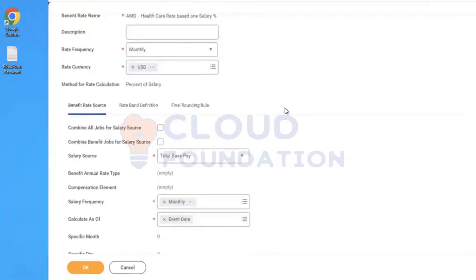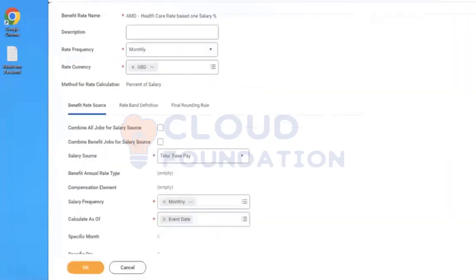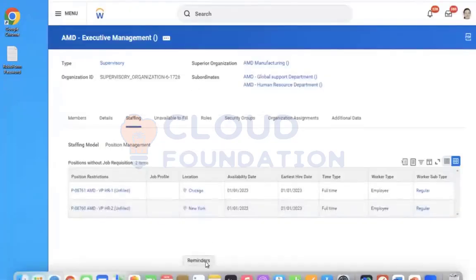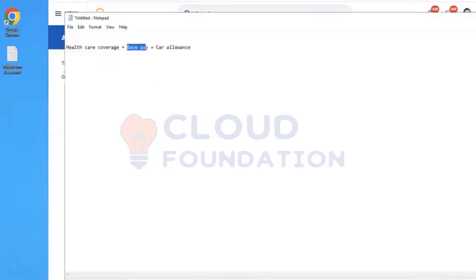So you are on this page, sir. You remember just now you created. Let's say some customers may say healthcare coverage is based on only the base pay. Then please choose total base pay. If any customer says healthcare is based on two components like salary and car allowance, you need to include these two components into one. That we can do with the help of